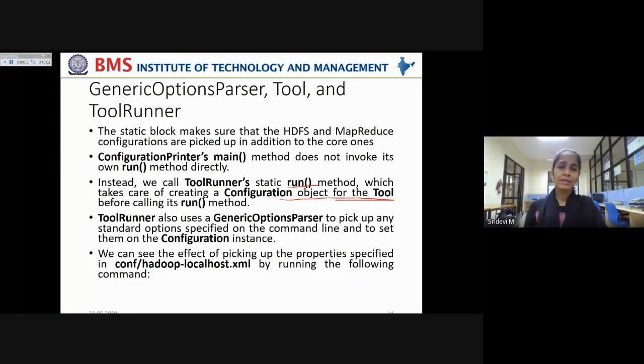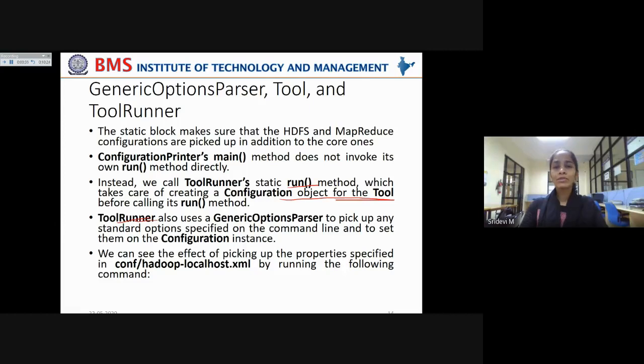Now, ToolRunner also uses a GenericOptionsParser to pick up any standard options specified on the command line and to set them on the configuration instance. So this ToolRunner uses the GenericOptionsParser in the background in order to pick up any standard options specified on the command line.